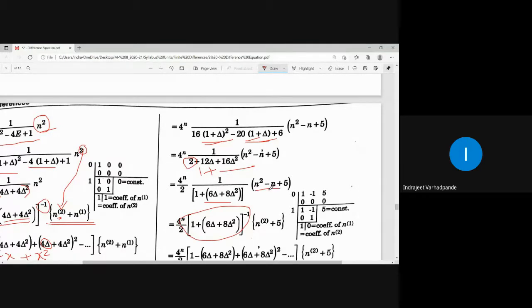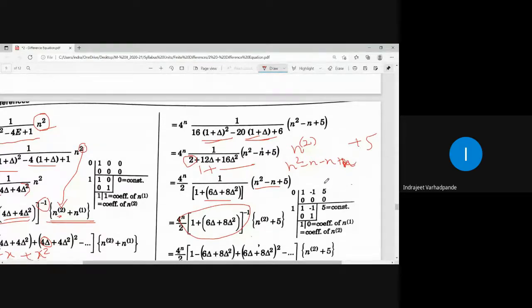अभी n square minus n plus 5 को मेरे को लिखना है factorial polynomial में. As we know, the highest degree of the factorial polynomial will also be 2. Moreover, the coefficient will also be the same. First term और last term का coefficient same रहेगा. But n to the power 2 is nothing but n square minus n. यहाँ पर already minus n है, तो इसको कैंसिल करने के लिए क्या करूंगा मैं? प्लस n कर दूंगा, तो आपका सिंप्लीफिकेशन आ जाएगा.